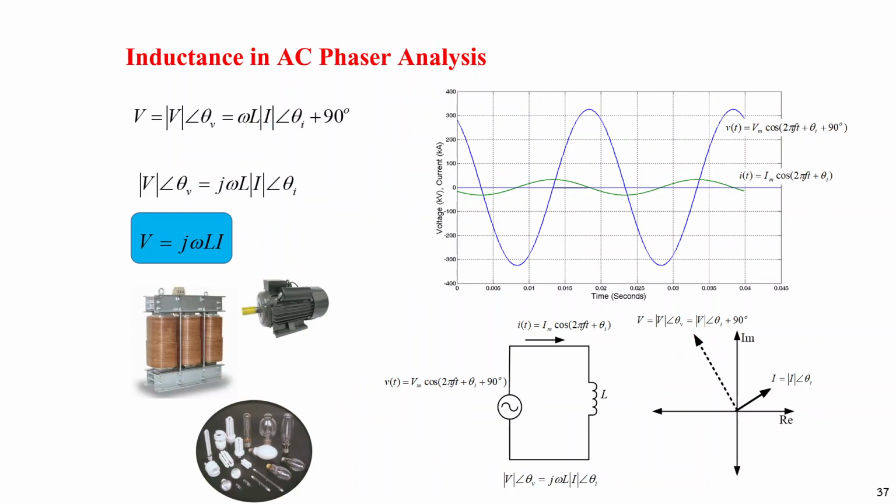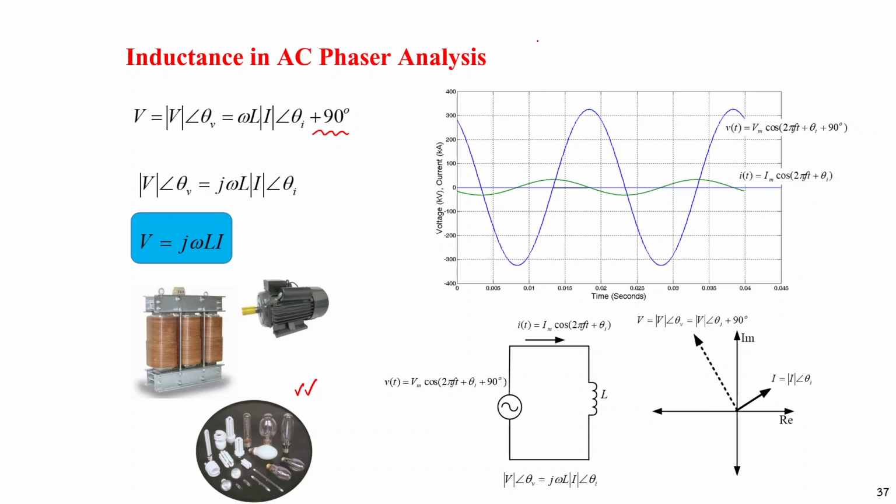Then we also have the inductance type of load, like transformer, motor, and some inductive type of lamp. Okay, for example, a fluorescent lamp will act as a kind of inductance. It will have inductance inside. Okay, and if we have the inductance, the phase of current will shift by 90 degrees because the current comes from